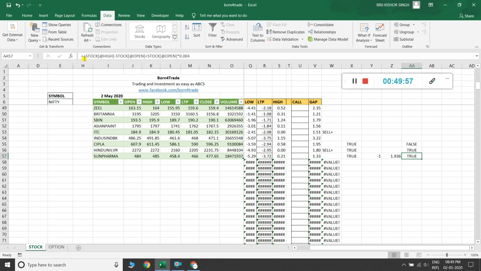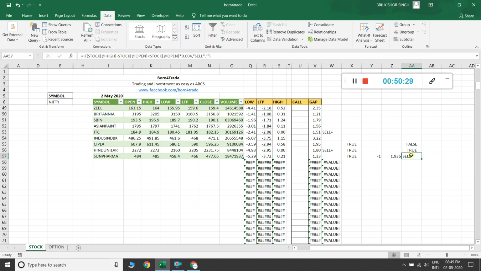Then I make some sense by applying an IF function, and here comma, double inverted comma, comma, double inverted comma, and close the bracket, and it gives nothing again. Then I put here SELL, and it gives a sell signal.